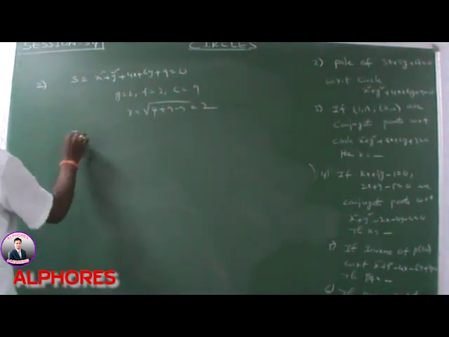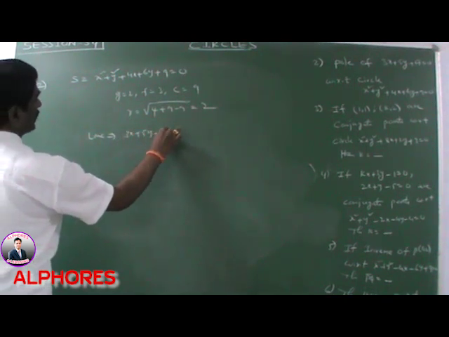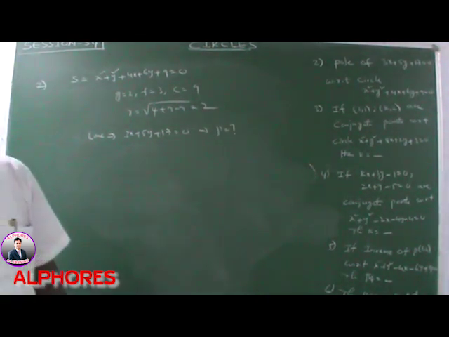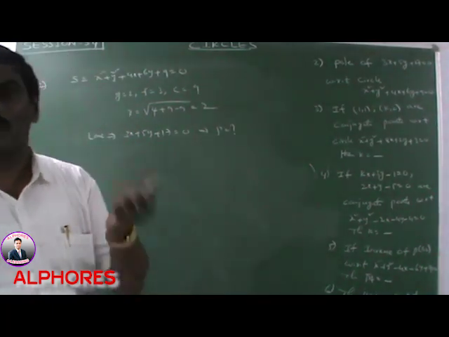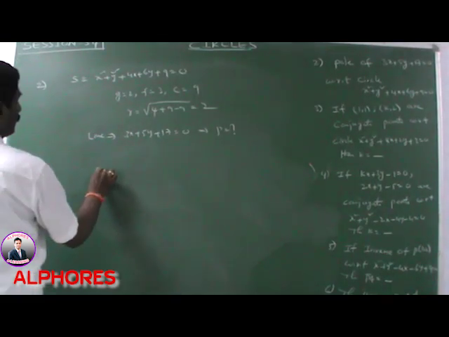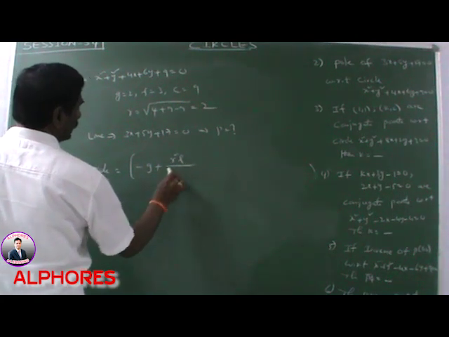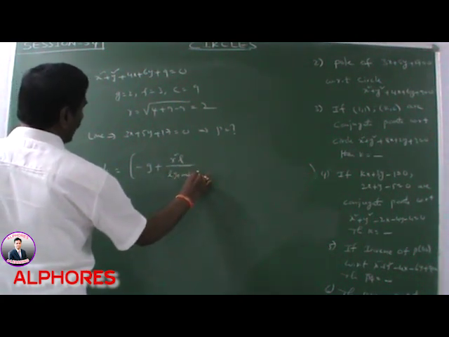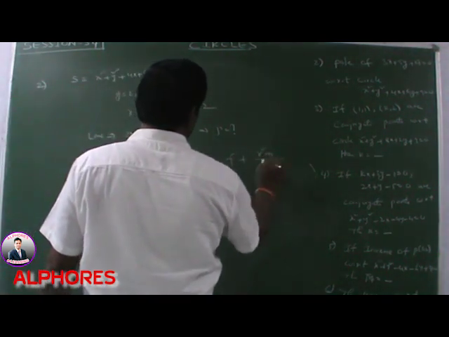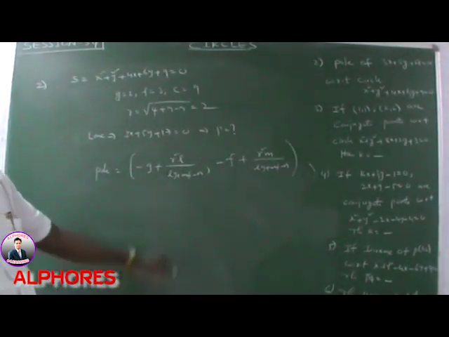Here the given polar line equation is 3x plus 5y plus 17 is equal to 0. In this case we find the pole of this line. What is the pole? If the center is 0, pole is equal to (minus r square l by n, minus r square m by n). If the center is not equal to 0, what is the pole? Pole is equal to (minus g plus r square l by lg plus mf minus n, minus f plus r square m by lg plus mf minus n). By using this formula, we find the pole of this line.